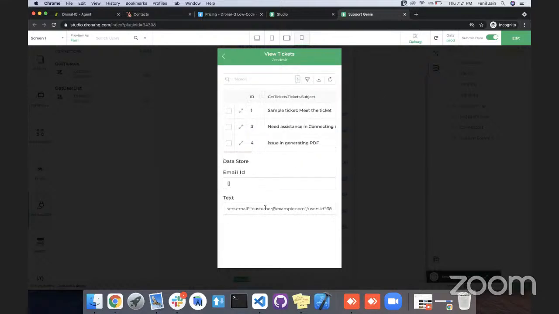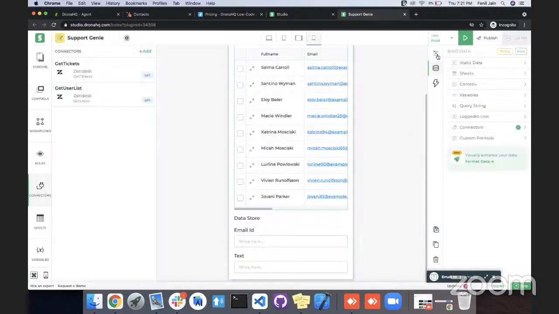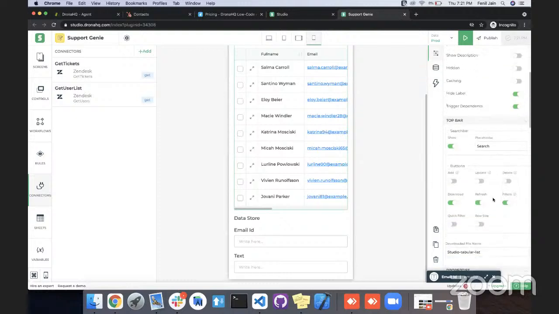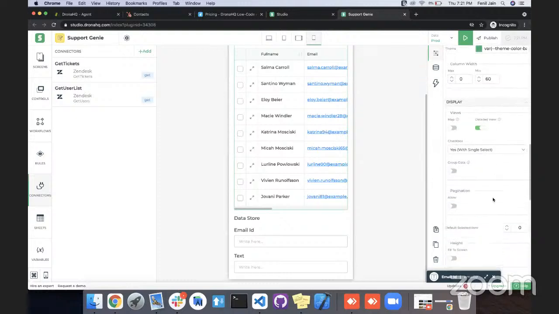Yeah, so we are getting the data: users.id, email and ID we are getting. So in the table grid, there should be a selection property. By default, it is selected. Checkbox, yes,